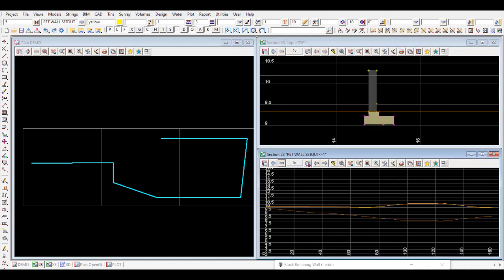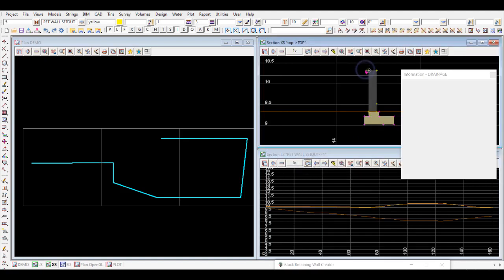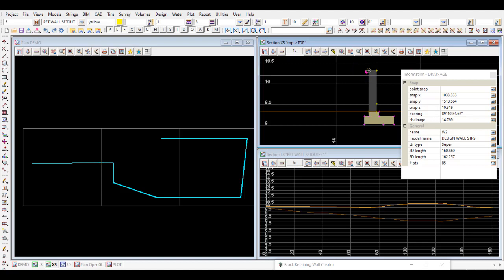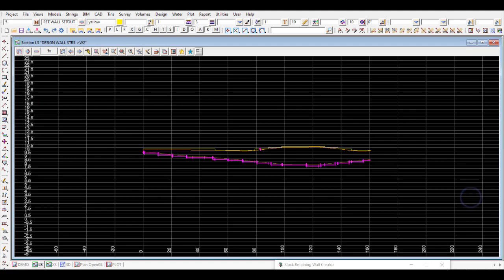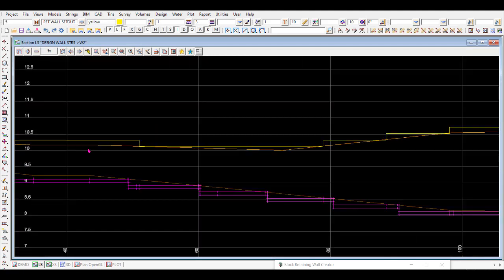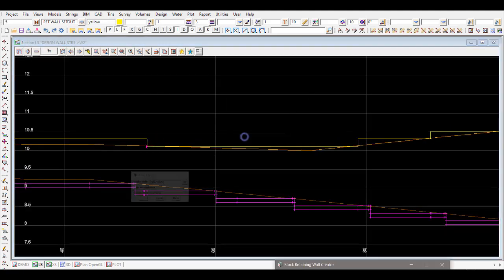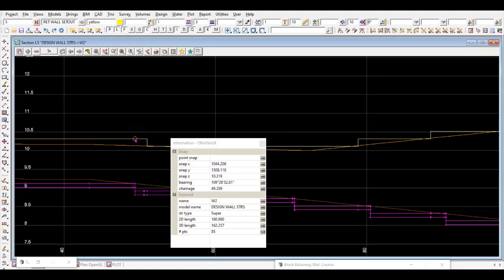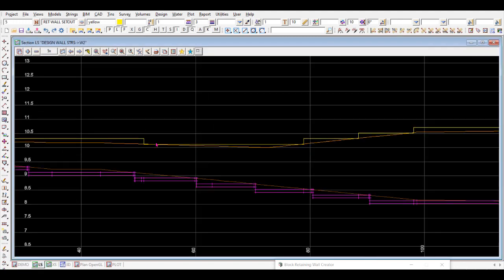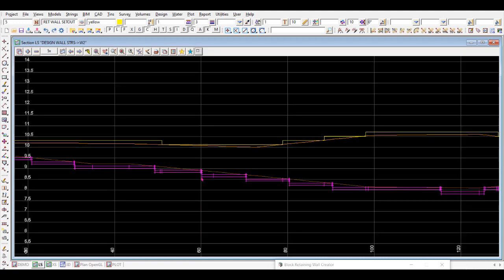So if I just profile that string there, which is the W2 string, which is at the top of the wall, you can see here, just maximize this one. You can see here that that's obviously the tin, the top tin, that sort of orangey line there, and this is the W2 string that I selected. So that's the top of the wall profile that you can see there,